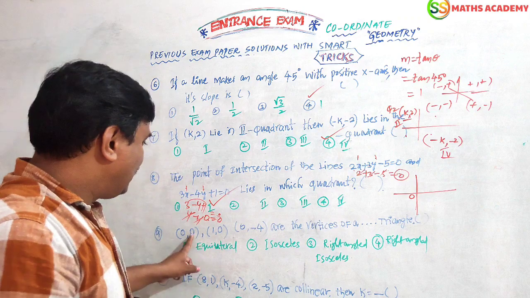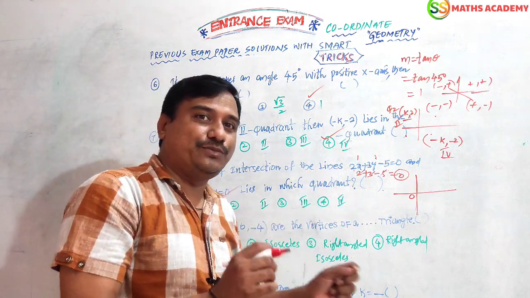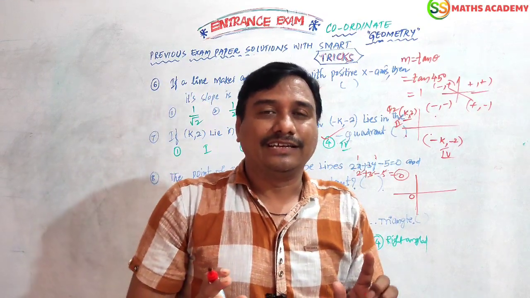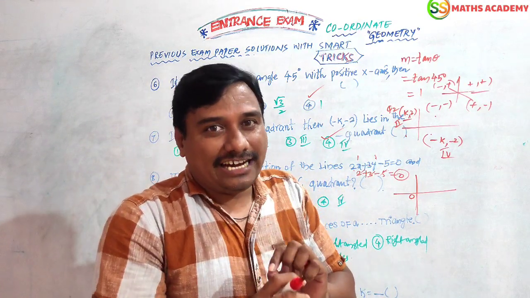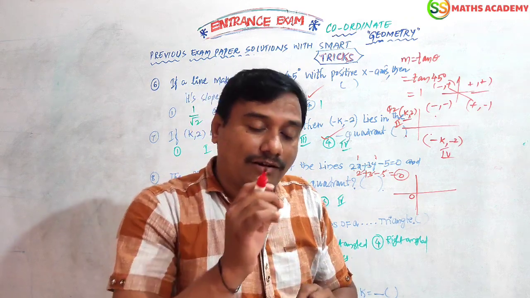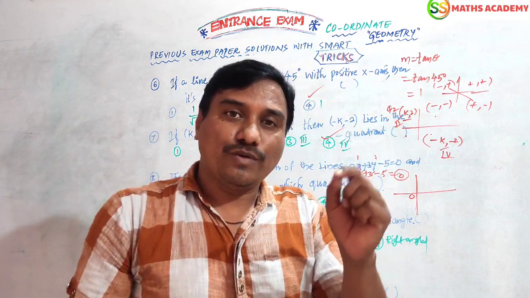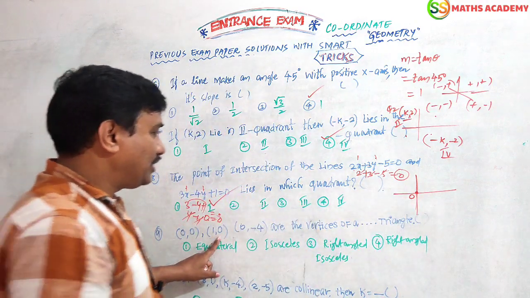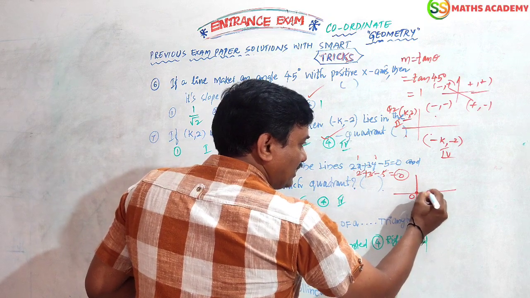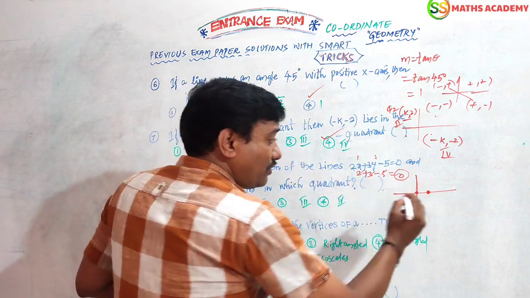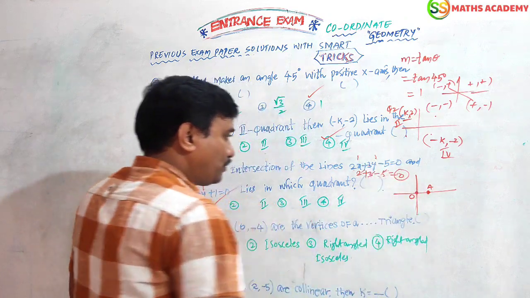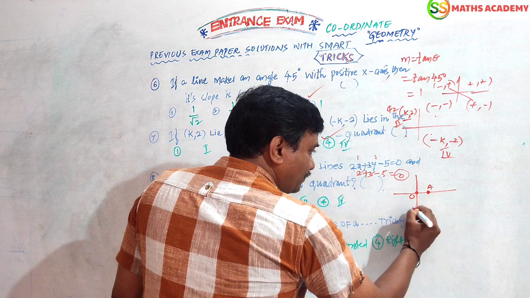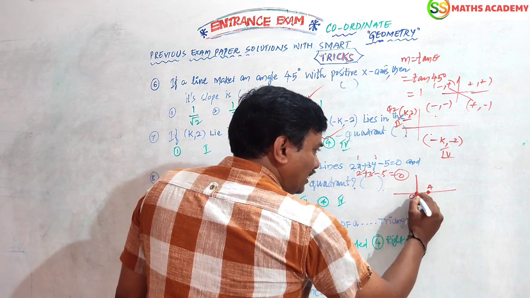Origin, (0, 0): where is it best? At the origin, the x and y values must be equal. At which point are the x and y coordinates equal? At the origin only; at the origin x equals 0, y equals 0. Now (0, 0) is here. Next, (1, 0) is here on the x axis. This point's name is A, for suppose. (0, -4): the y value is -4, so down, (0, -4) is here. This is B. Now you join these points.